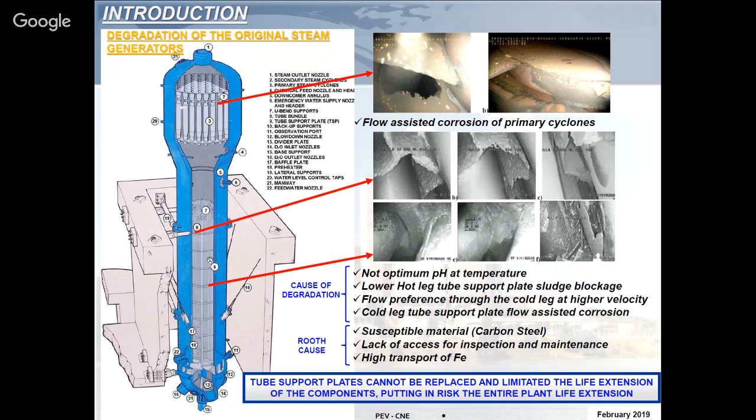And with this degradation in the components, it was really important to define whether these components could be operated for 30 more years or not. In case they were not feasible for the new life cycle, then the entire life extension of the plant was at risk. At that point, it was not feasible to do a life extension if you had to replace these large components. Okay, so